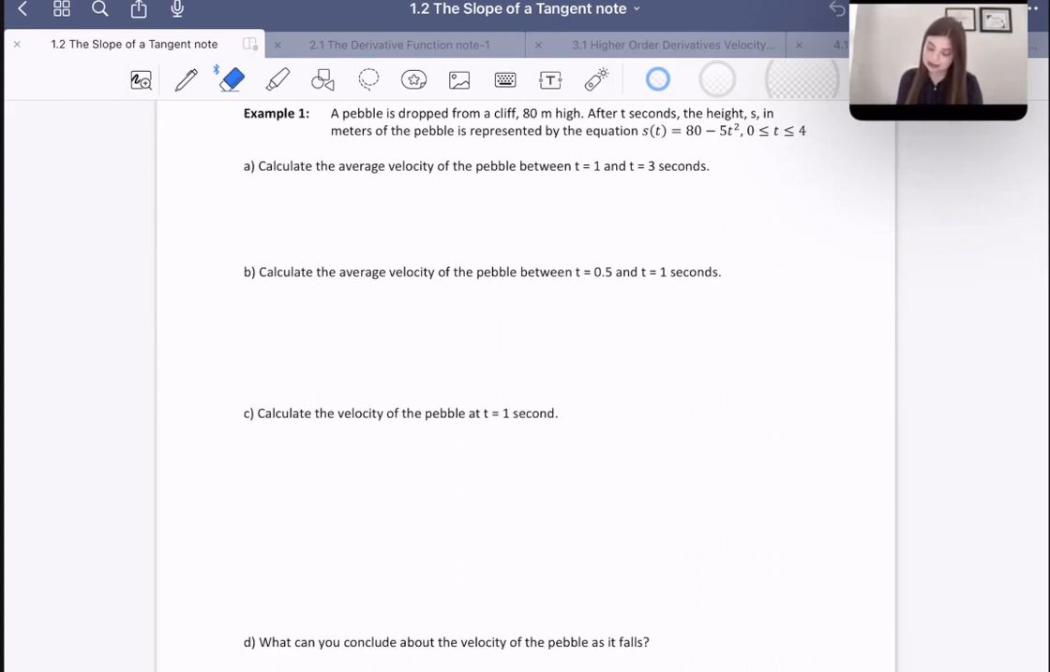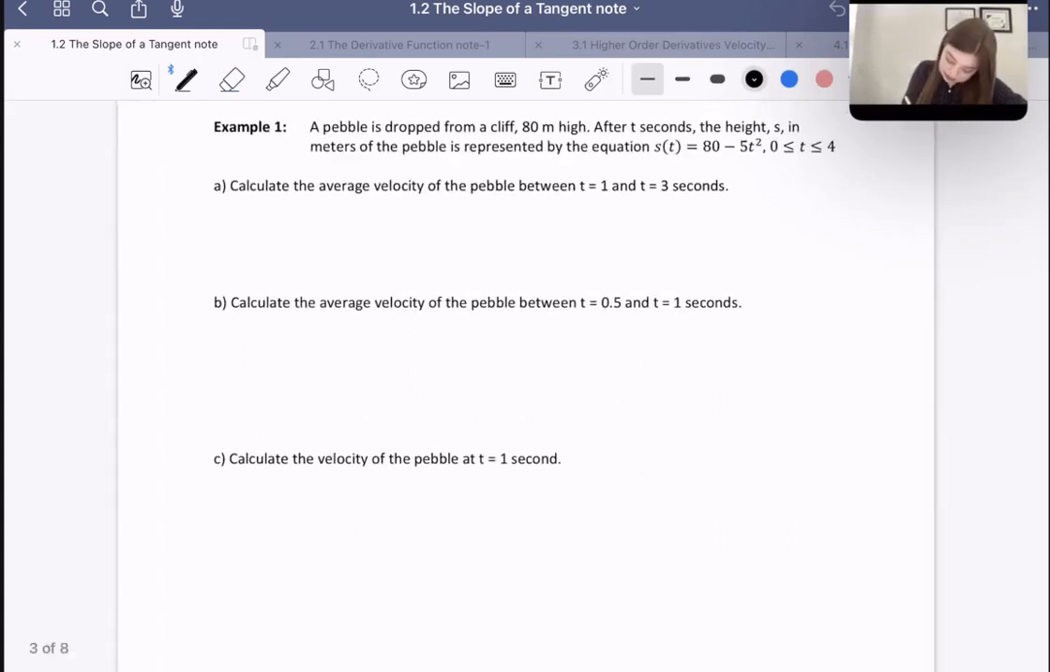After t seconds, the height s in meters of the pebble is represented by this equation: s of t is equal to 80 minus 5t squared, from 0 to 4 seconds. So the first question asks, calculate the average velocity of the pebble between t equals 1 and t equals 3 seconds. As a reminder, it's going to be s of 3 minus s of 1 over 3